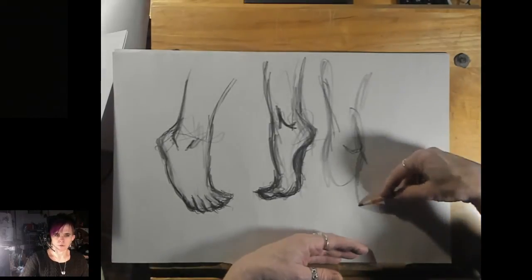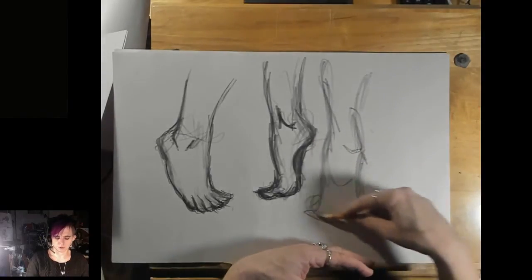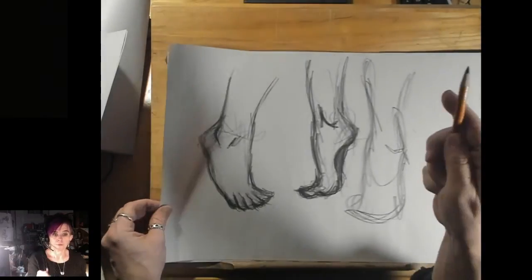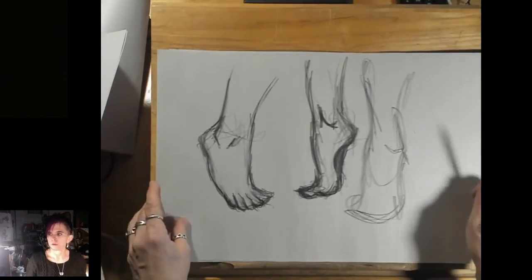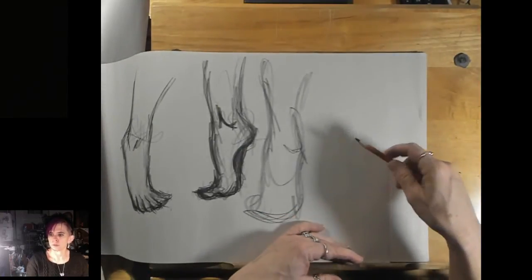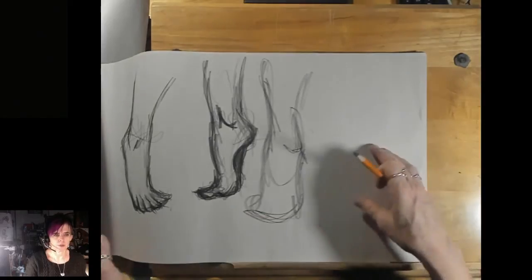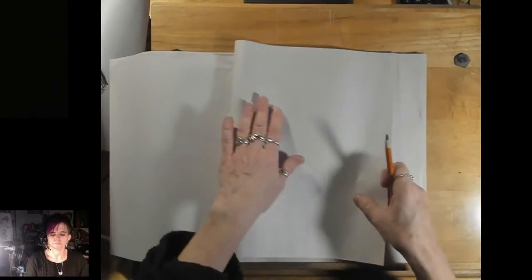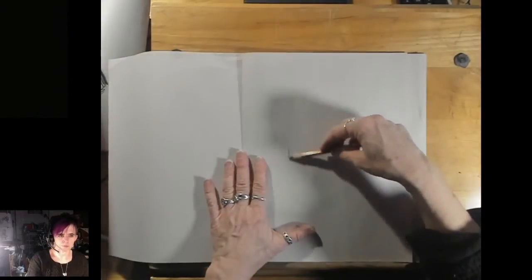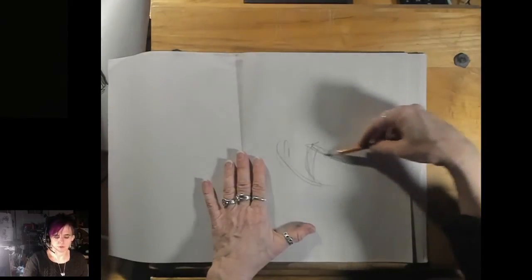So before we finish the foot and hand exploration, I'm going to show you some interesting things about ankles. Until then, like drawing a mitten, let's do the bottom hand. And then I'll show you the structure of an ankle, because that's really interesting. Okay, so here we go with the